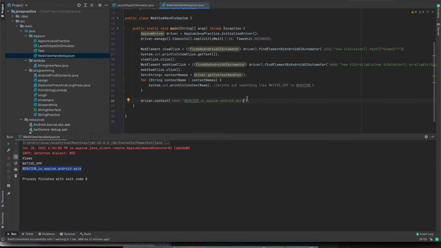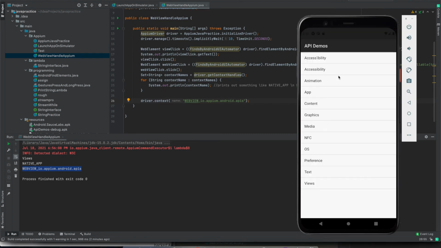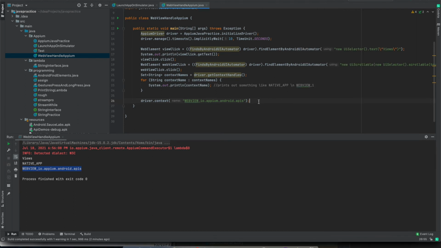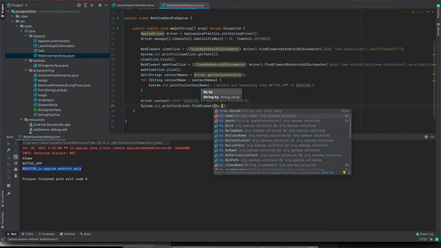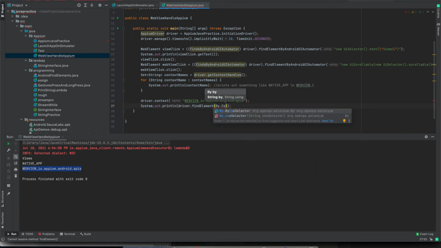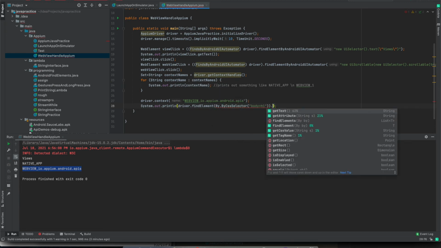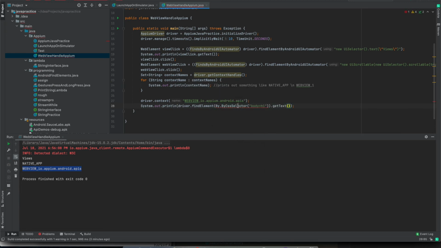Now since I already know how I can get the text for this, I will try to create a CSS element locator strategy, and I will do something like this: driver dot find element by CSS selector, and here I will get the text, and let us see if it is working fine or not.